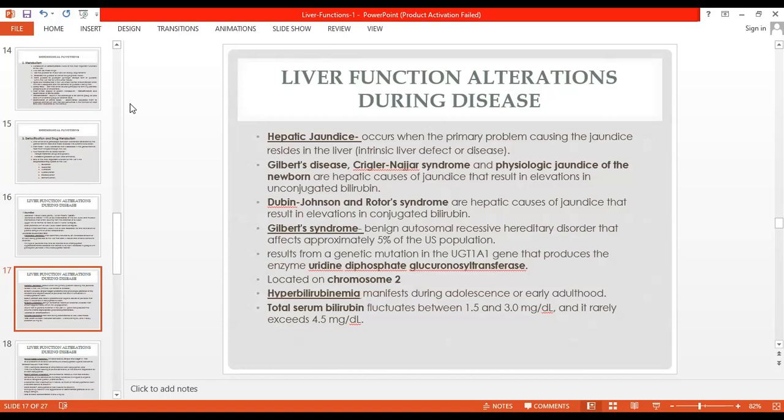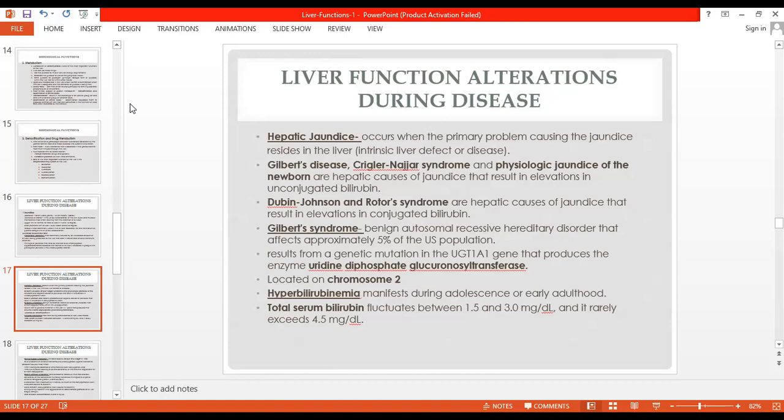Gilbert syndrome results from a genetic mutation in the UGT1A1 gene that produces the enzyme uridine diphosphate glucuronosyltransferase, or the UDPGT, one of the enzymes important for bilirubin metabolism. The UGT1A1 gene is located on chromosome 2. Another mutation of this same gene produces Crigler-Najjar syndrome, a more severe and dangerous form of